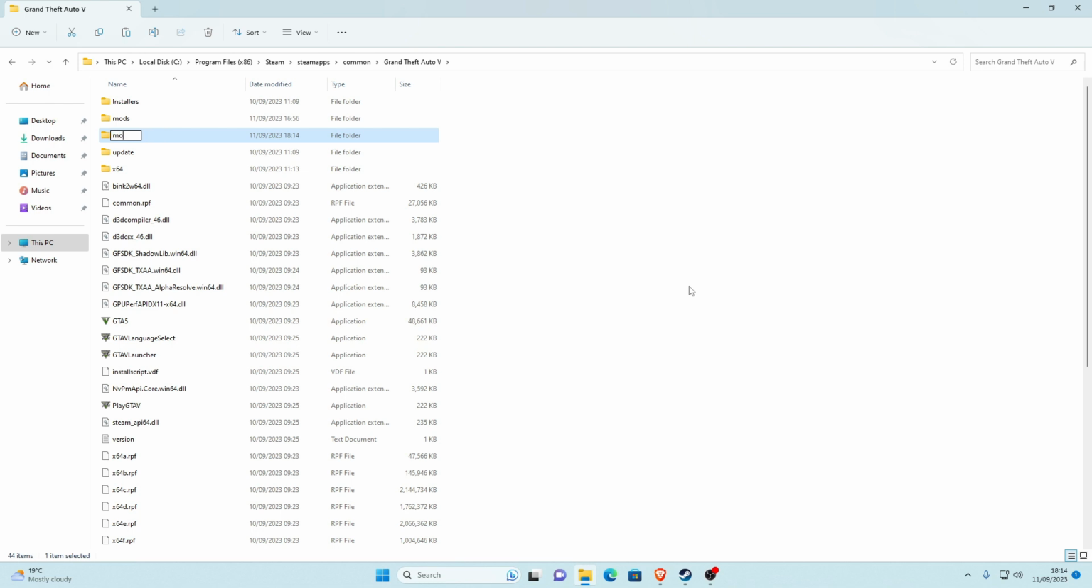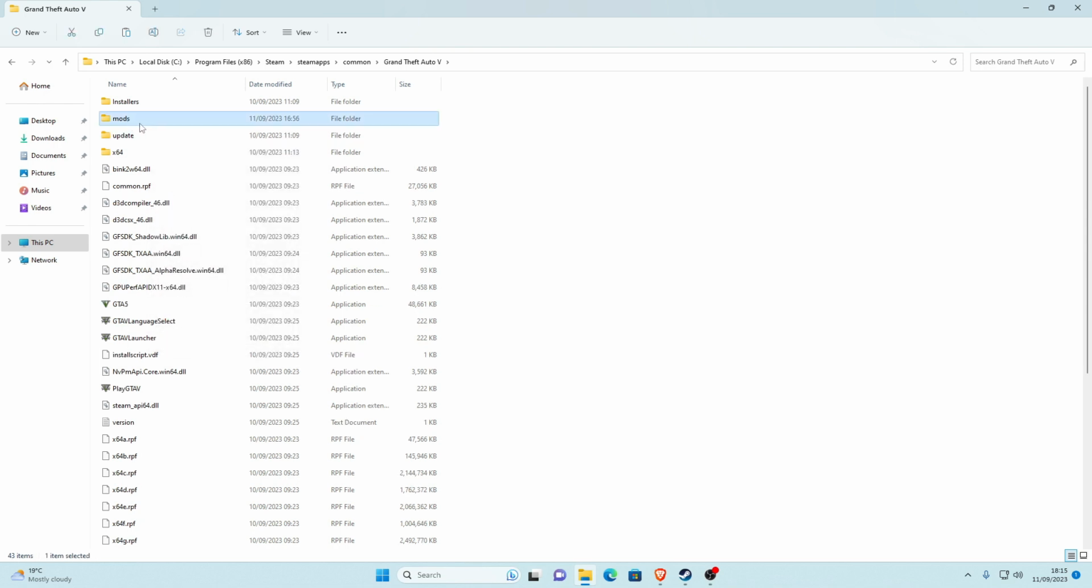All lowercase MODS, simply like that. I've already got one, so I'm not going to do that. I'm going to delete that as well, we don't need that. So once you've got a mods folder, it'll be empty, so we want to click on update, and then hold